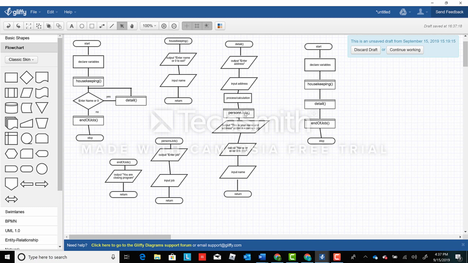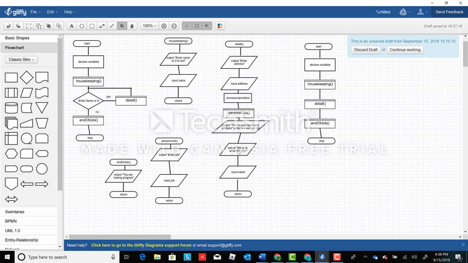I get the job. Now this module is just an example. When you get to the later ones or when using this for your assignments, I'm just showing you where we would call that module or that method. So we created the module, it does its process, it comes back here and returns the information. We output then the name, the address, and we can concatenate it into, this is your name and address. Address 1234, name Joe, job is calculator. Output,